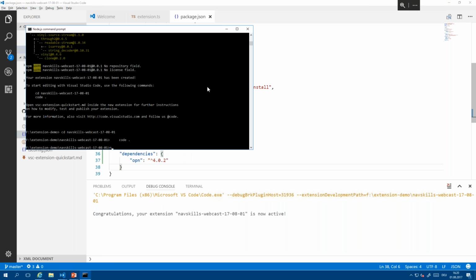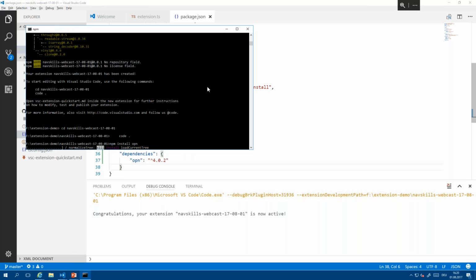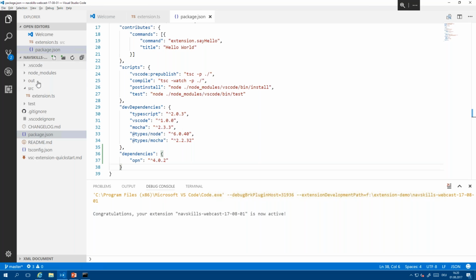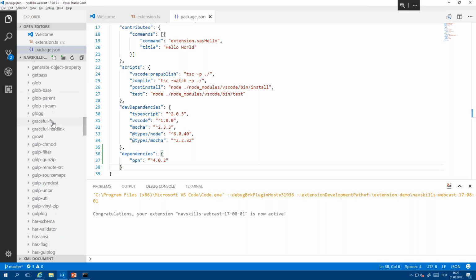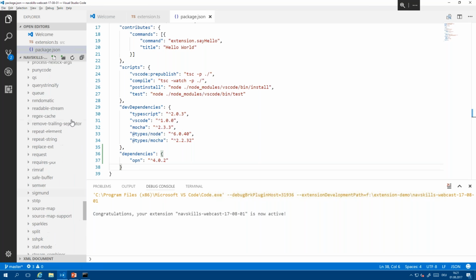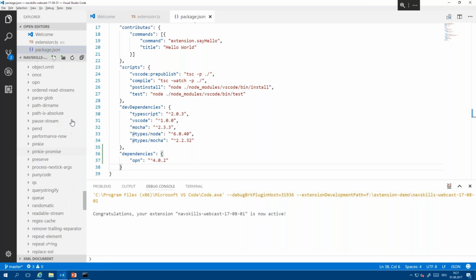So we're going back to the Node.js prompt and just tell it to install OPN. And with that, it's trying to find OPN, and maybe dependencies that OPN itself has. And now, as you can see here, it's downloaded OPN and a dependency that's called object assign. And that should also be in the Node modules folder now. It actually isn't, because I need to refresh. And here we are with our OPN package.